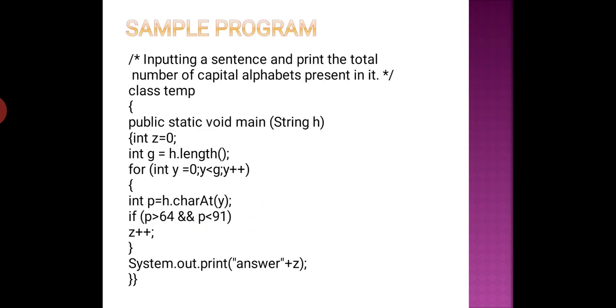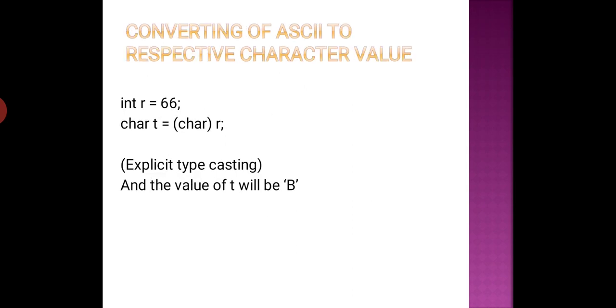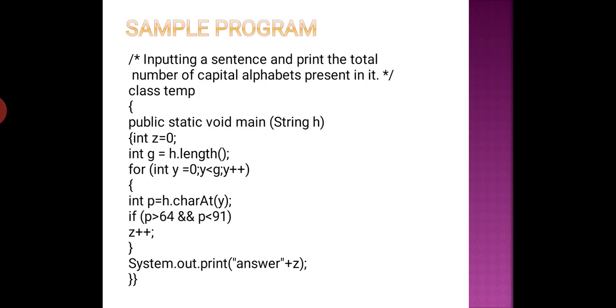Now in this check, the character that has been chopped, normally when we chop a character it is always char, but in this case I have taken int here. So when I take int here, we will get the ASCII value of the chopped character. If the chopped character's ASCII value lies between 65 and 90, it will be taken as a capital alphabet, and a counter counts how many times this condition came true. This same program in my previous videos I have done with the help of Character.isUpperCase. But this is another method of doing it, and as I have told you, there are a few things which cannot be done without the use of ASCII.